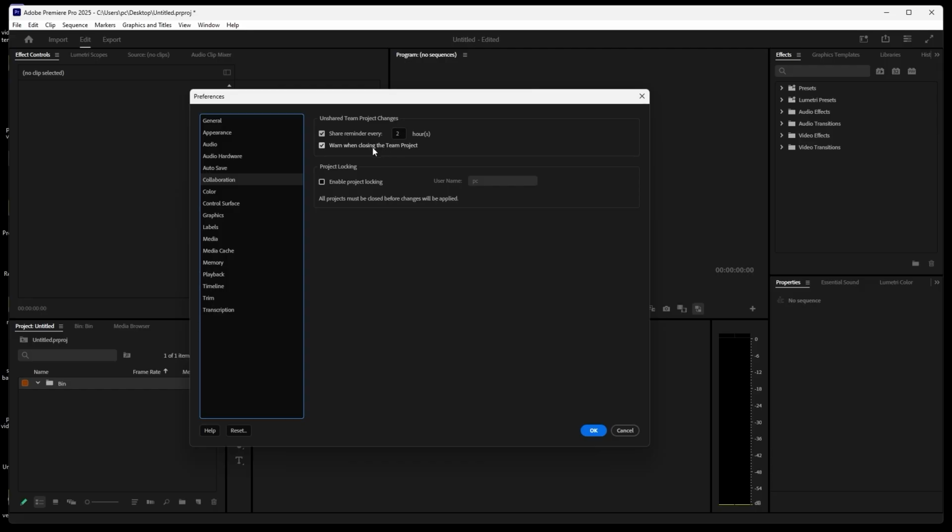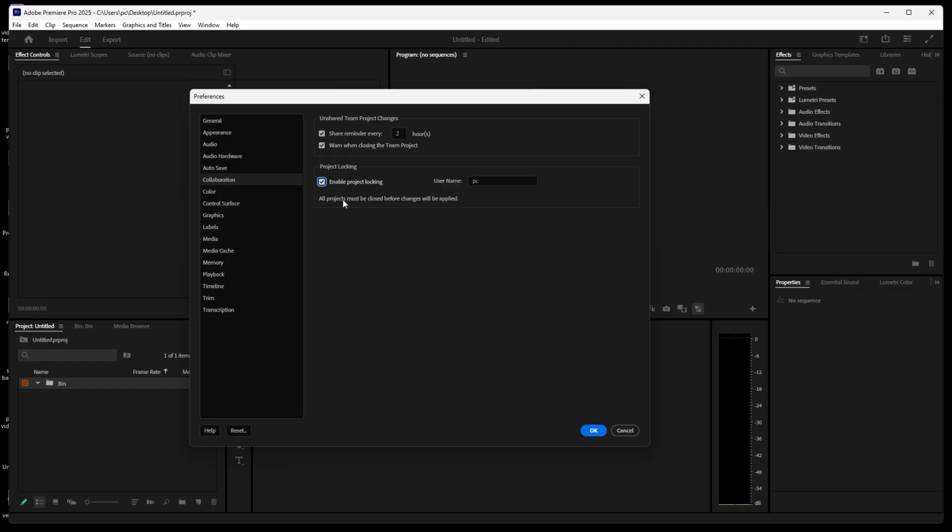You can keep this. And then Enable project logging. Sometimes if you switch on this one, it asks for the username. Sometimes when you are working with team projects, someone is working on the other side at the same time, and you are also working on the same project,